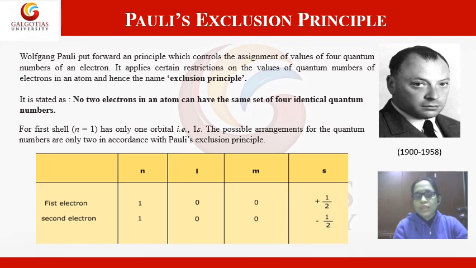Let us explain this with an example. Consider the first shell. In the hydrogen atom, there is only one electron, so it has configuration 1s1. Now if we consider the next element helium, helium has 2 electrons, so it has 1s2 configuration. So how will we arrange these electrons in the shell, and what are the different quantum numbers assigned to these 2 electrons? Let us verify it.